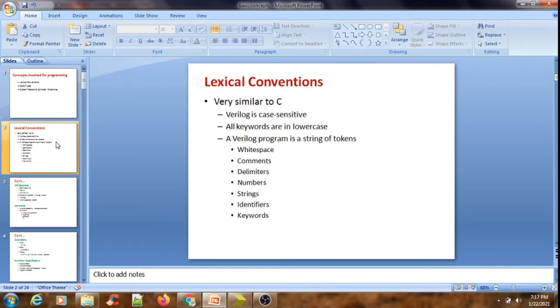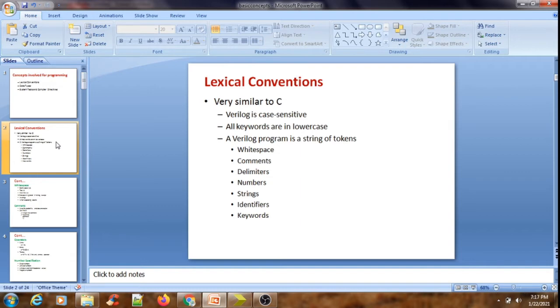These lexical conventions are the constructs which are highly used in the Verilog language, as they provide the necessary framework for your Verilog HDL design. Clearly understanding lexical conventions also involves operators, comments, white spaces, numbers, strings, identifiers. The basic lexical conventions used in Verilog are similar to those we see in the C programming language.